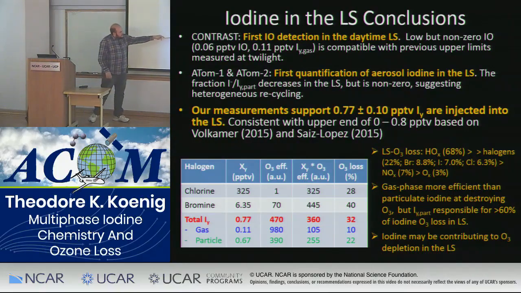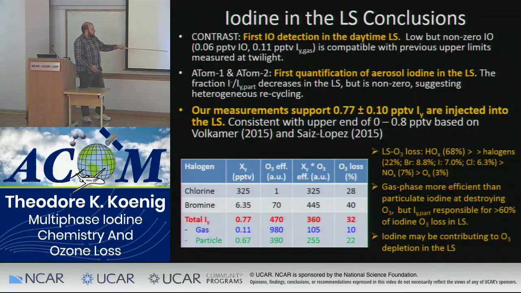And then if we look at the ozone loss processes in the lower stratosphere, and look at the halogens only over here, we find chlorine is responsible for about 28%, bromine is dominant at 40%, and then iodine is in fact comparable, slightly larger than chlorine, with this heterogeneous process we hypothesize being the largest contributor in terms of what iodine is doing with ozone. And then in light of the fact that we have this increasing rate of deposition of iodine, we think that we need more measurements to look at whether there's actually a trend, and this is responsible for part of the unexplained ozone depletion we continue to see.